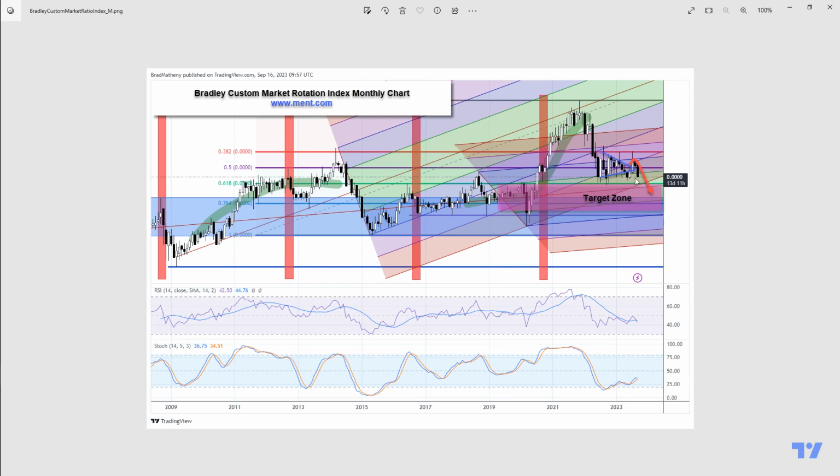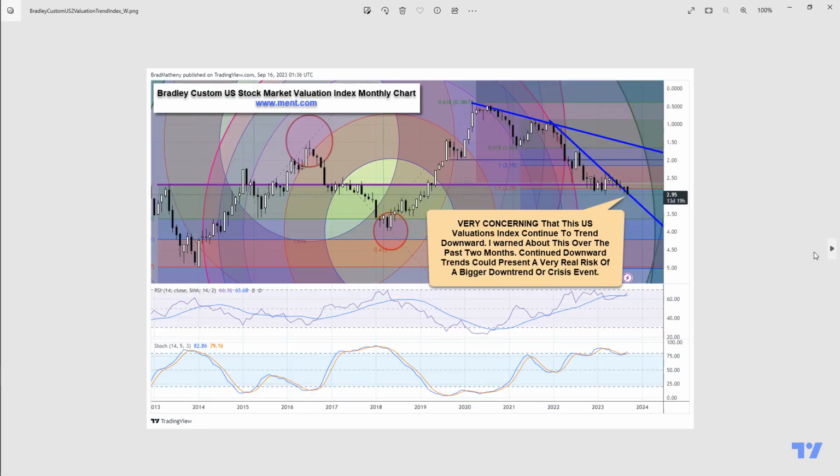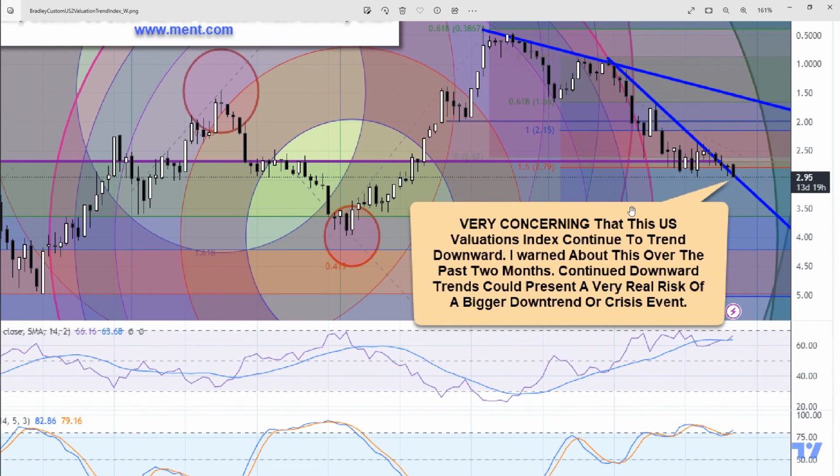And we've got to see how this plays out, because in reality, we need to see this confirmed. But this is a very big downturn for September already. We have the valuations index, which again, I cannot tell you enough, this is one of my favorite charts. The valuations index has moved to a new session low in September.